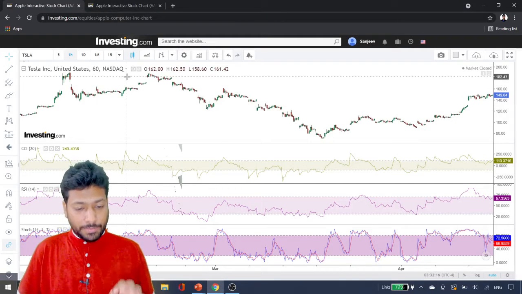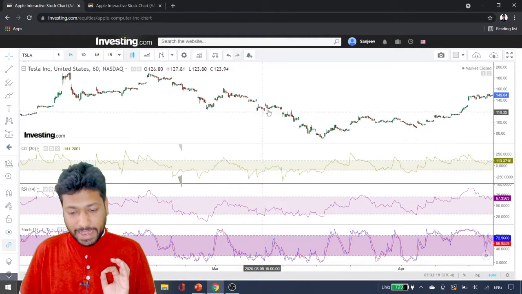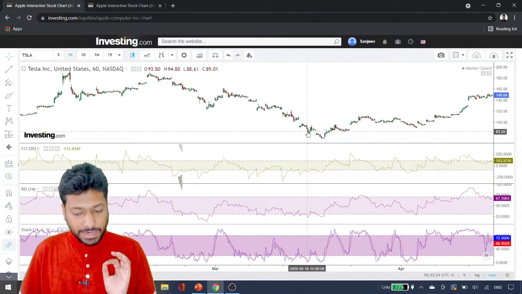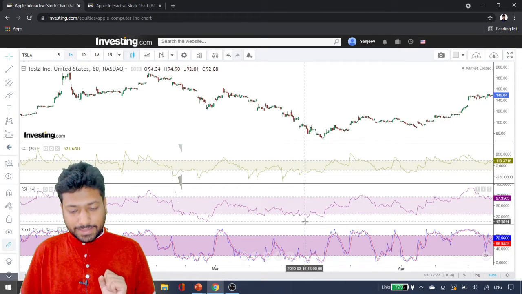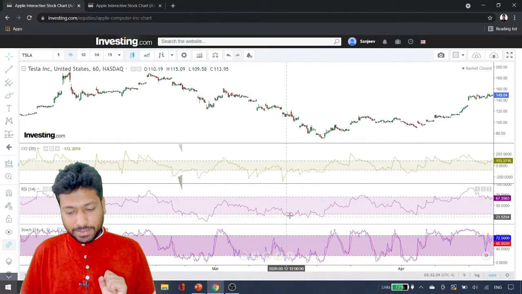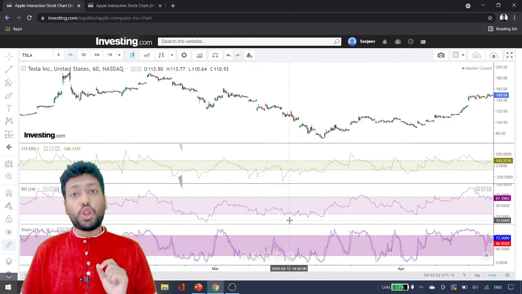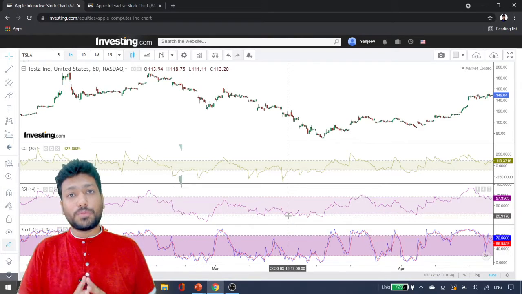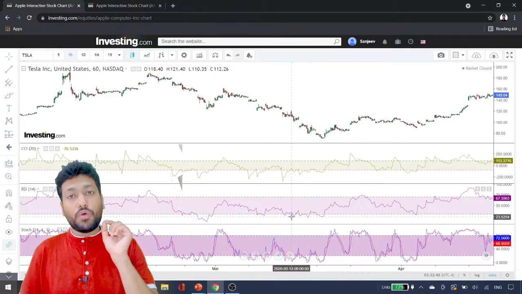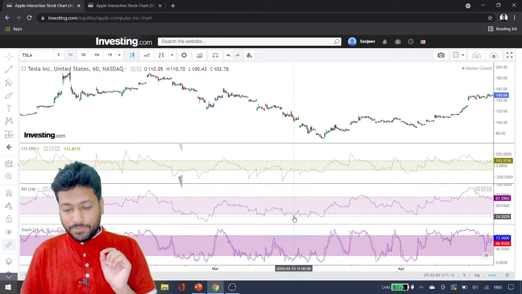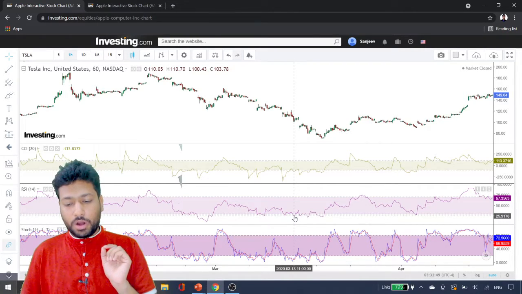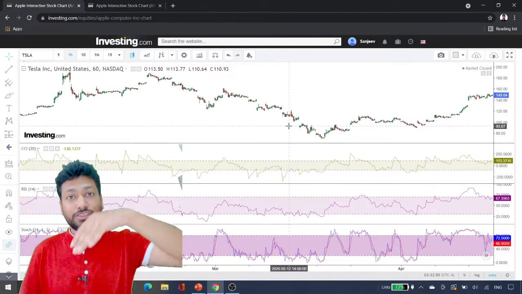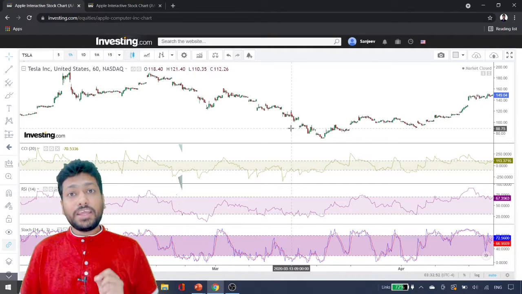If we go and see a particular chart, you will identify that the trend of this particular stock price is downside. But at the same time, if you see the RSI chart here, you can easily think that the price is in the region of oversold position, because RSI below 30 is considered an oversold position. And whenever there's an oversold position, you may think that when it comes back to the 30 level, now it's time to buy. But at the same time, the trend is downside, so this is a declining price.